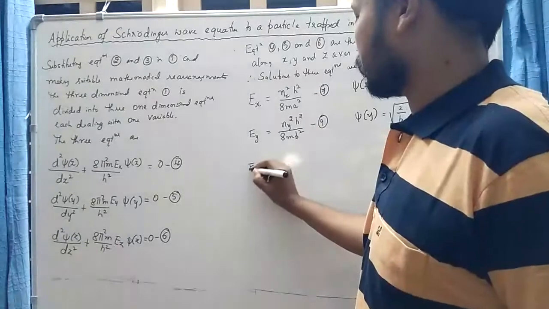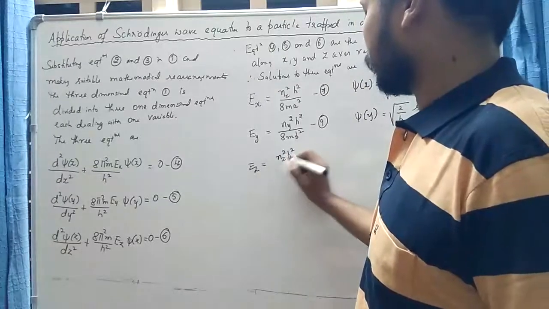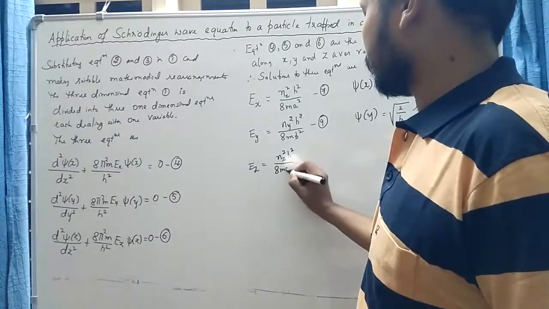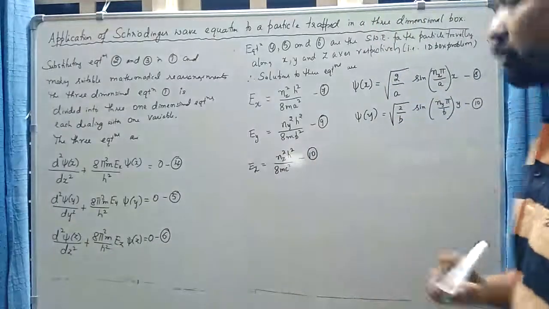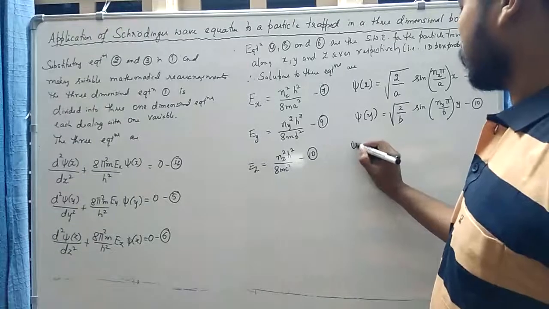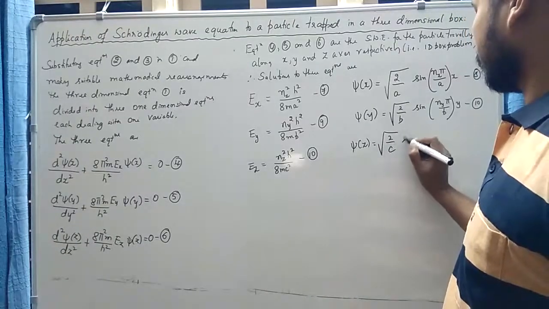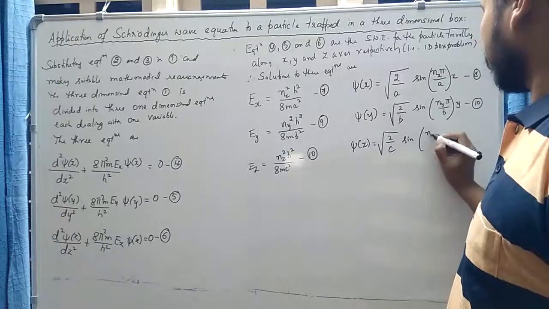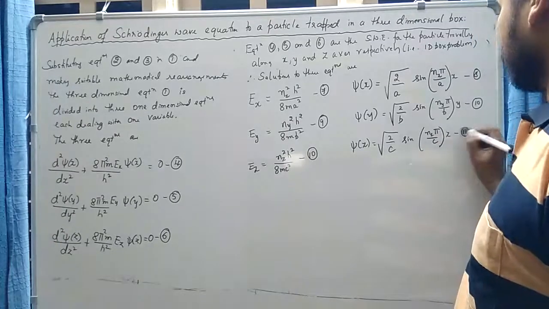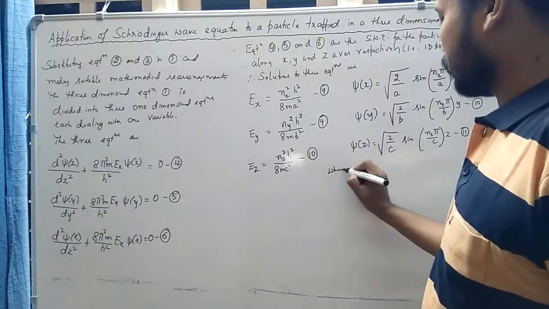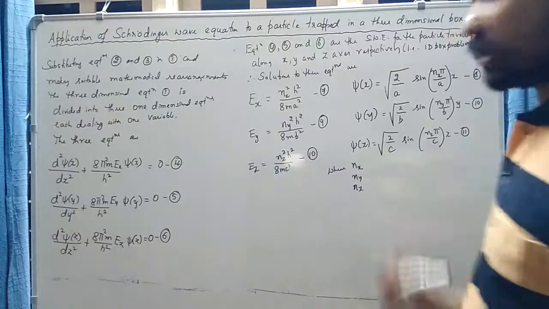Similarly, you can write Ez is equal to nz square h square divided by 8mc square, where c is the length of the box along z, and psi of z is equal to square root of 2 by c into sine nz pi by c into z,